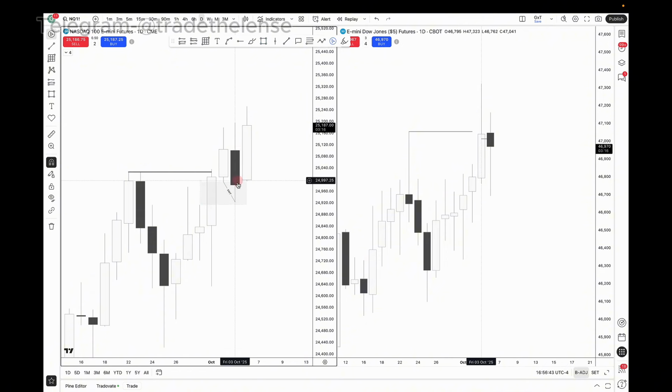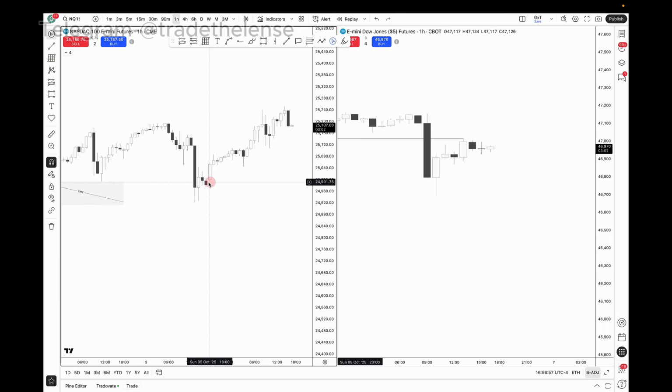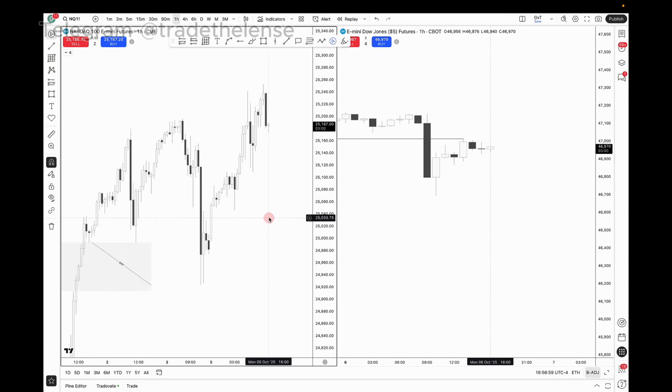So with it previously manipulated into the gap, what's the next day do? Expand, right? That's where we see price manipulates into the gap, but didn't really expand. So again, this is where it's not surprising when Asia just expands away. That's what happens. We just expand away, and then we hit these highs.